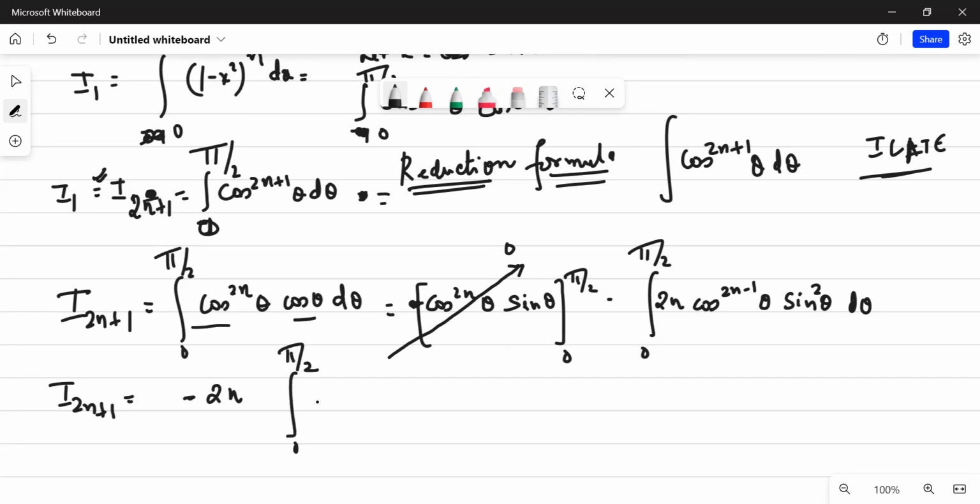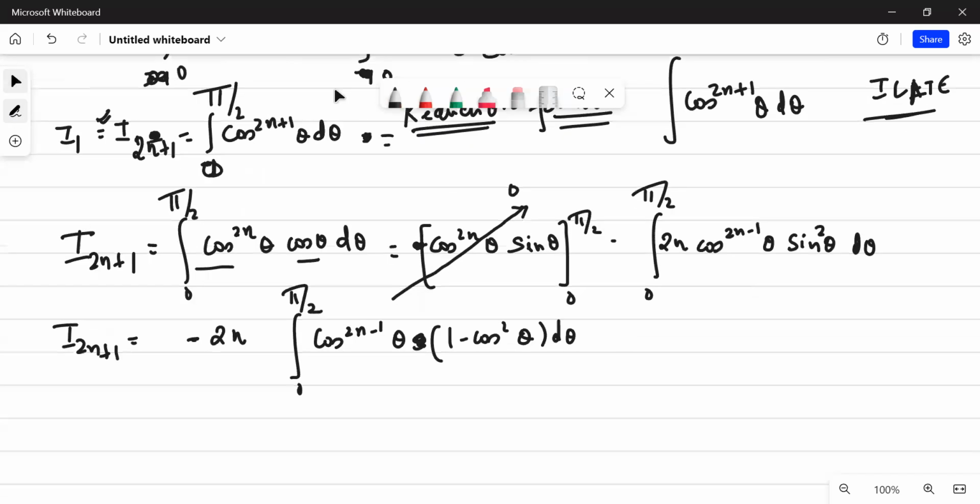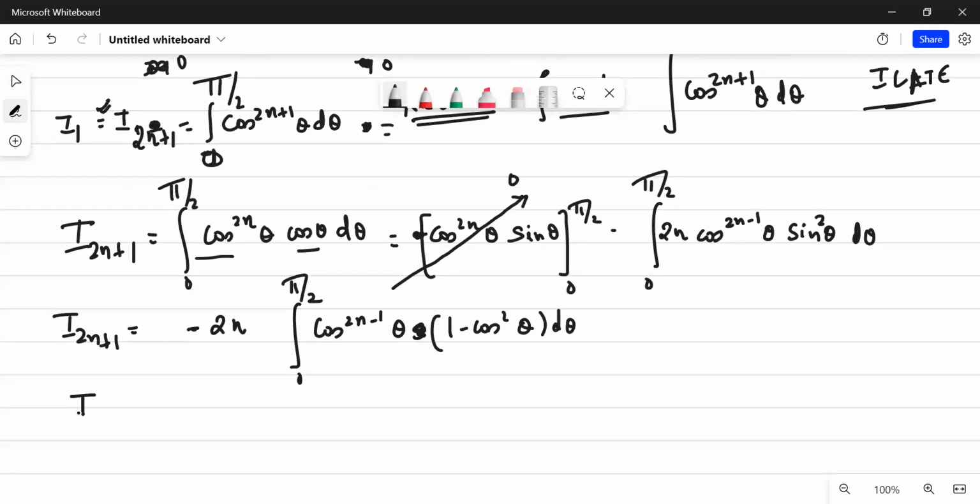integration from 0 to pi by 2 cos 2n minus 1 theta, and you have sin square theta, which you can again write as 1 minus cos square theta d theta. Is that clear? ऐसा कर सकते हैं. And eventually what you'll end up getting is I2n plus 1 is equals to minus 2n integration from 0 to pi by 2, you have cos 2n